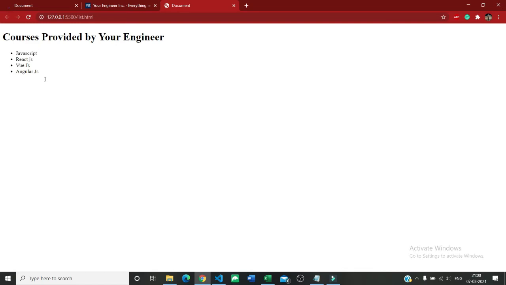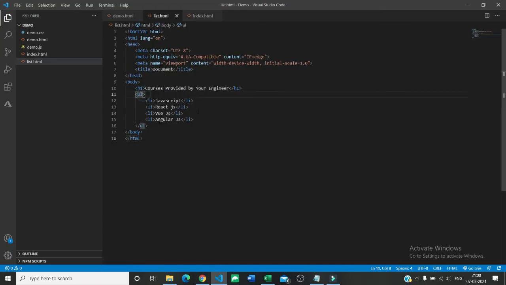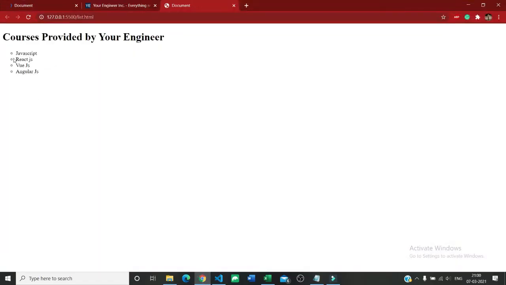Now if you want to change it, you can change it by giving the attribute of type. So in UL I can give different attributes, like first it should be circle. Once I give circle, you can see that this is an unfilled circle.